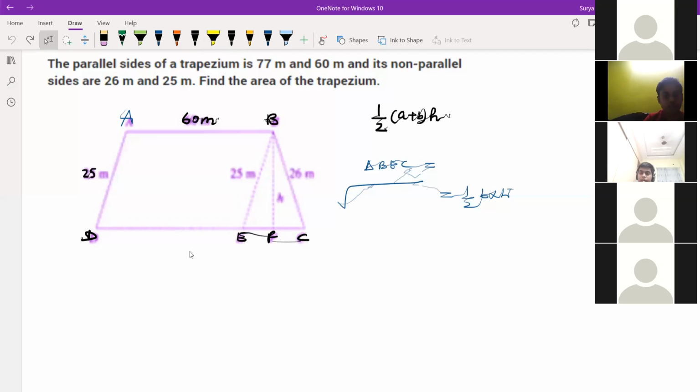Sir, one second. Sir, in the question it is saying the sides of the trapezium are 77 and 60. Oh, 77. No, that's why we made the mistake. Okay, then 60 with this one, then 17 is this part, right? Yes, sir. 17 only, it's not 70, it's 77. Sir, so by Heron's formula, we'll get it as 204. And then if we do half into base into height, the height, I mean the BF, is 24, sir.